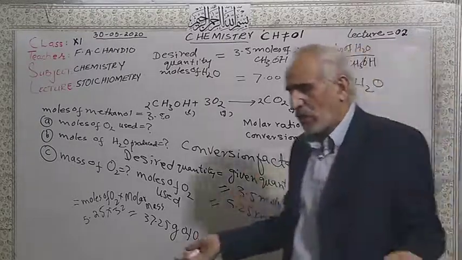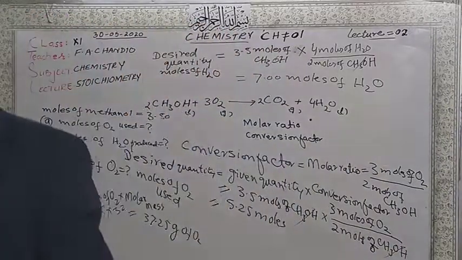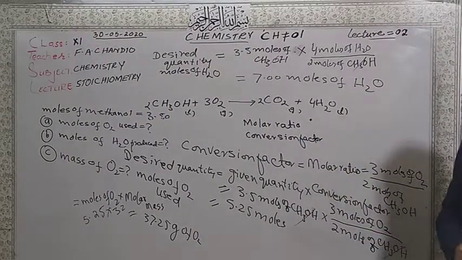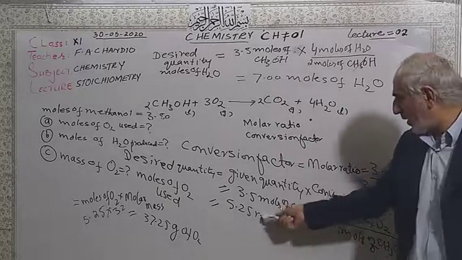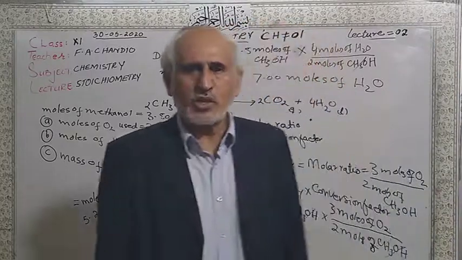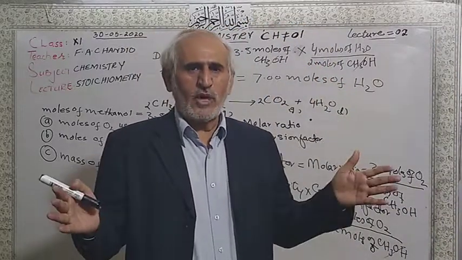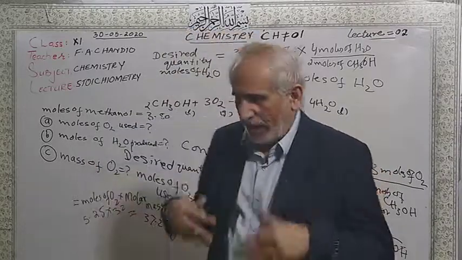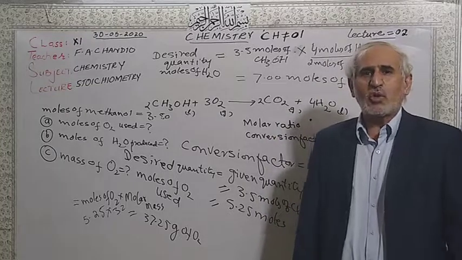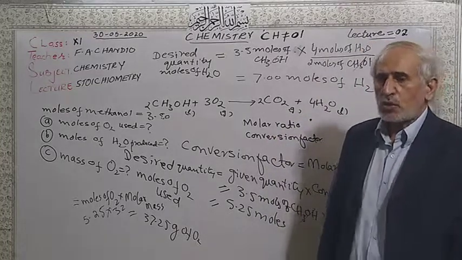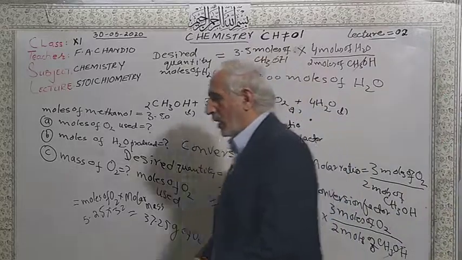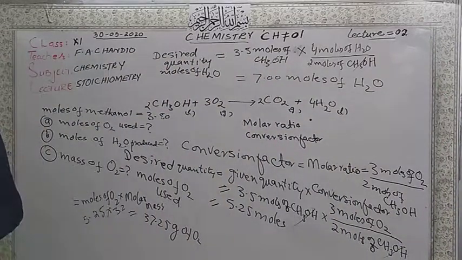And dear students, you can calculate the particles also. Particles means the number of molecules of oxygen you can calculate. You have 5.25 moles of oxygen multiplied by Avogadro's number. You will calculate the number of particles of oxygen also. So all the formulas you have, just remember them, and from these given quantities you will be able to calculate the unknown quantity. But you should know the correct formula. If you know the correct formula, it will be very easy for you to calculate things. Otherwise, it is very difficult. This is one thing.